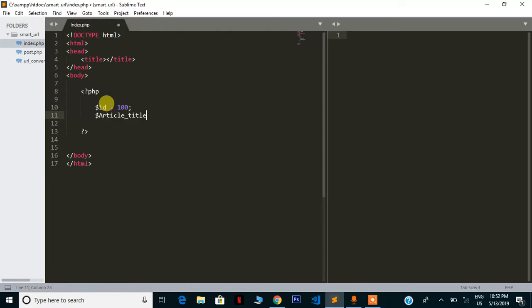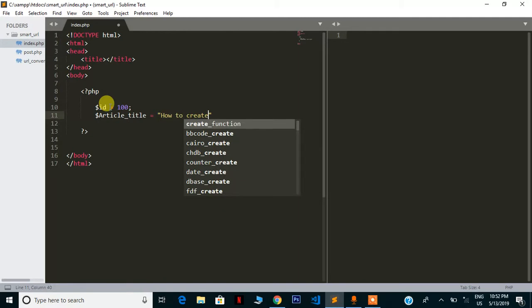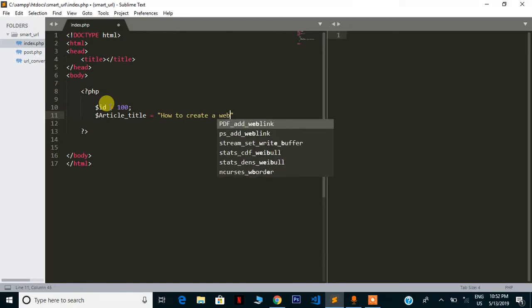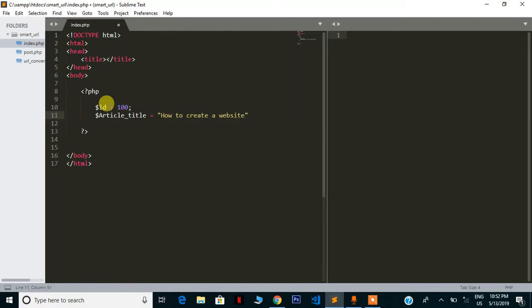So this is a variable also, and I'm just going to say how to create a website. So I'm assuming this post is coming from the database. Then we echo them out in a link. Here we shall pass in the href,